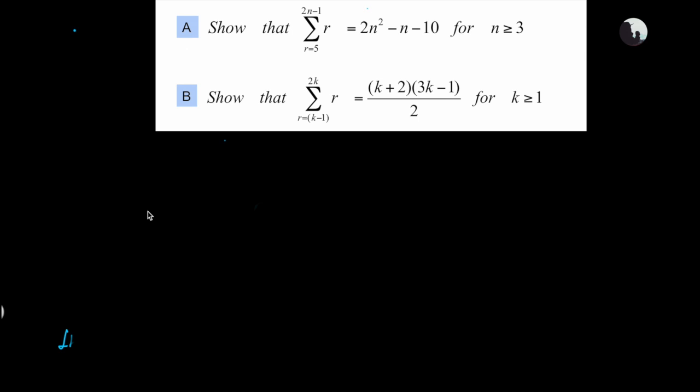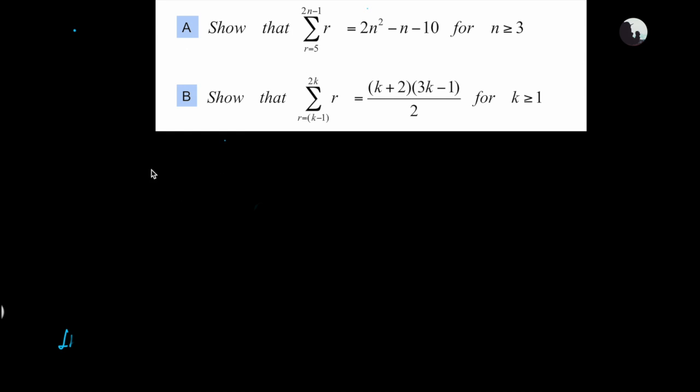Today I'm going to show you how to solve this exercise 5.2, especially involved with the sigma notation problems. In this particular question, they don't really give you numbers, but they give you variables. So you really have to be careful when involved with variables. It's not quite hard, because all you have to do is look carefully at these terms here, and replace whatever the terms are with the particular equation in order to find the summation,